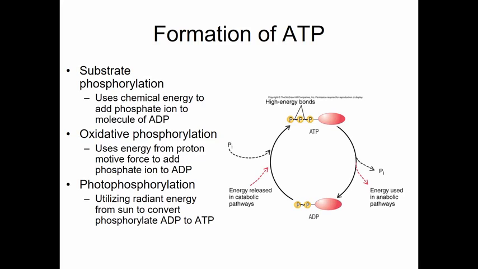And then you've got photophosphorylation, which is taking that energy from the sun and making ATP. So what does phosphorylation mean again? Adding on a phosphate group. Why do we want to add on phosphates? Making our energy. What do we need the energy for? Everything, okay? Everything inside the cell that has to be made is being made through anabolic pathways. And all of those are going to require energy.